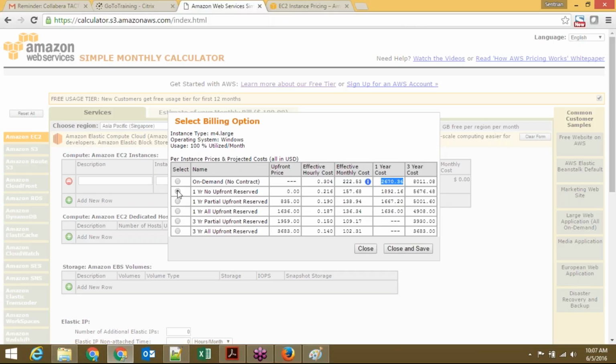Wherein if you go with 1 year no upfront, at the end of the year the total will be like $1,892. So instead, you're saving almost $700. If you take 1 year partial upfront, you can again go with like $1,667.20. If you go with 1 year all upfront, there is again a variation, you can see that